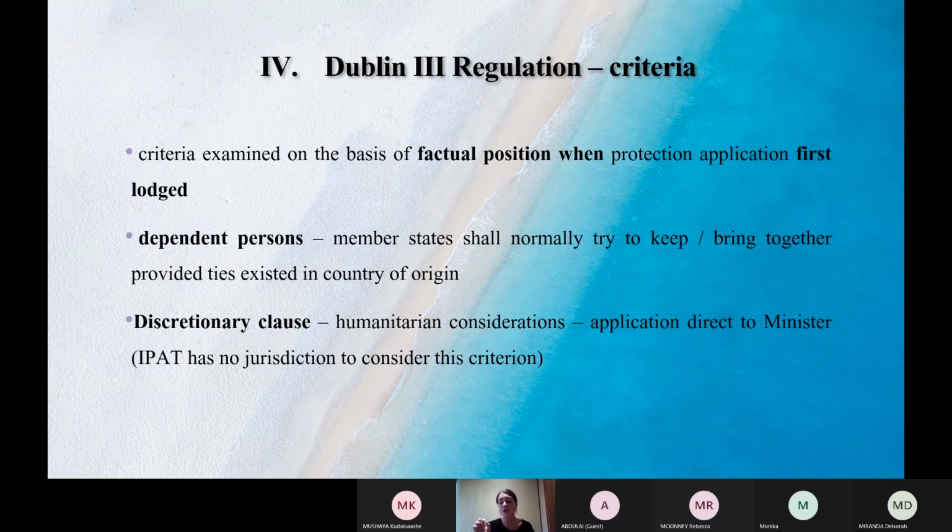When the criteria in the Dublin 3 regulation are being considered, it's the factual position when the protection application was first lodged. So if that factual position changes, that doesn't affect the application of the criteria, and also it's not when the person initially moved. So it's only when